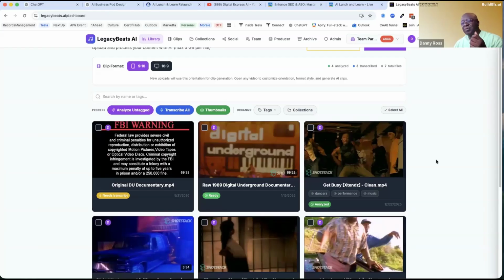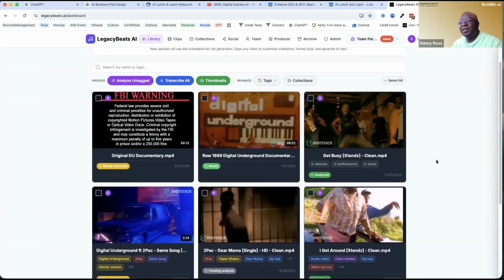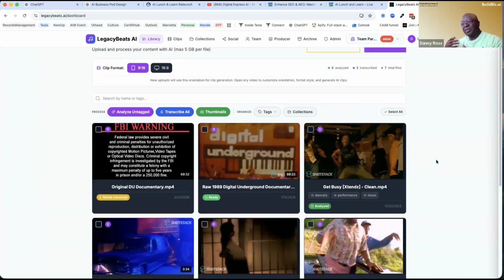They created the group Digital Underground. Tupac launched in there, and so on and so forth. There's a history, and they manage 4 or 5 other music industry entities. So anyway, the point is they want to be able to upload their archives of videos and things like that, and then launch them out to TikTok to grow new interest. And they got some new projects coming, and so on and so forth.